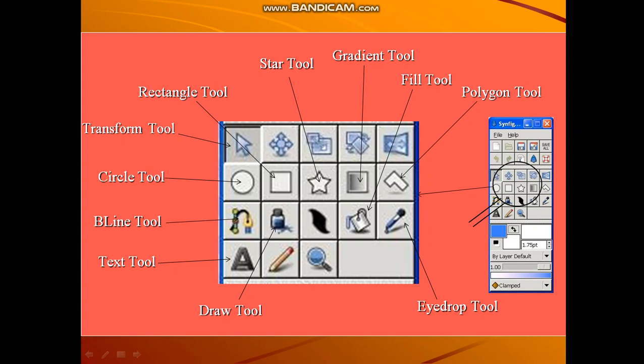Then the fill tool to fill color. The B-line tool is given, that we have to study. Then the text tool is given, that is used to write some text. Then the draw tool is given. So these are the tools available in the toolbox.